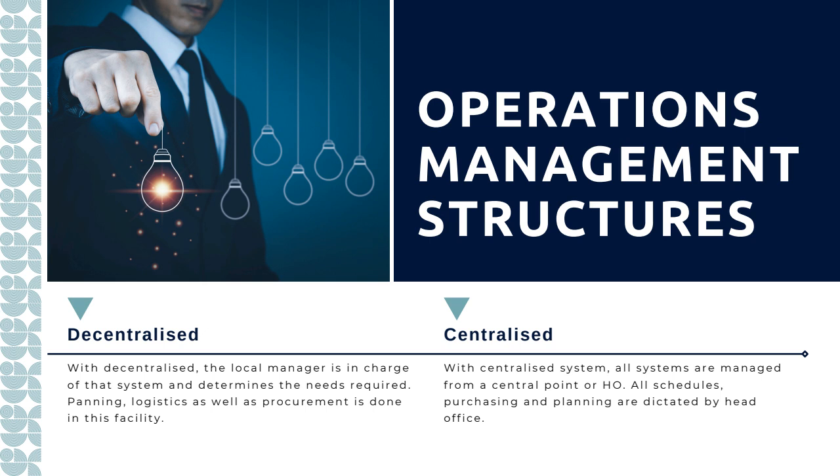When we talk about a centralized system, everything is managed from a central point. So if you have 10 branches, you have one head office. The head office then makes that decision. That decision is filtered down to all 10 branches, and everything needs to be fulfilled by what head office has to say. So your schedules, your purchasing, your planning, everything is dictated by HO. As a result, there's one uniform set of systems where operations managers, local managers, don't have much input